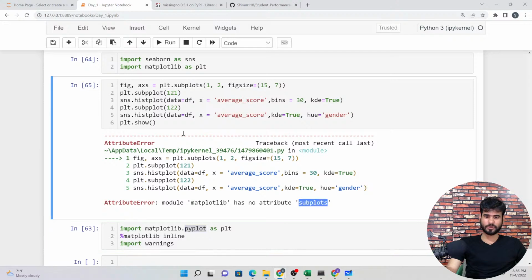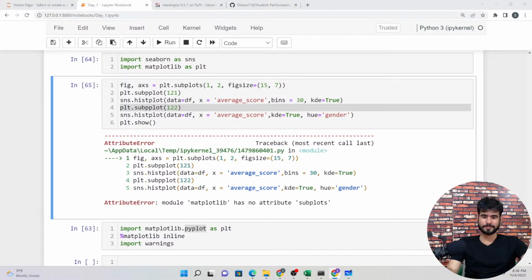The matplotlib.pyplot subplots that I have written is fine. Module matplotlib subplots. Can anyone tell me my mistakes? Everything looks fine, but why doesn't it work?